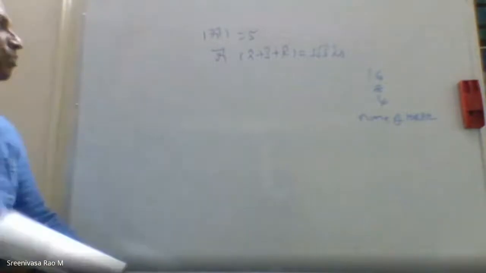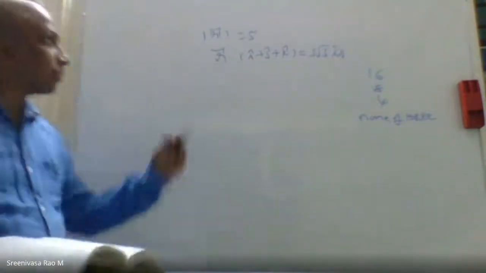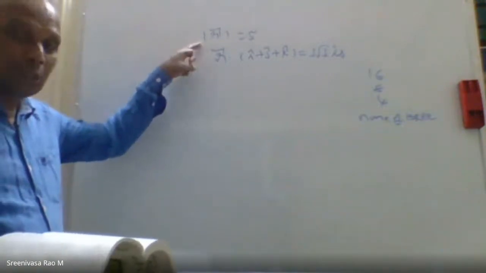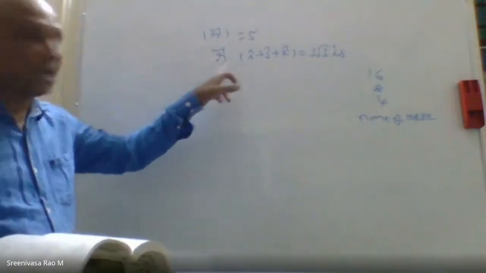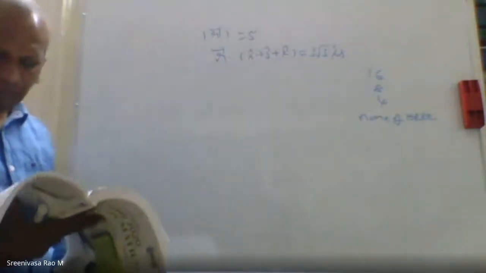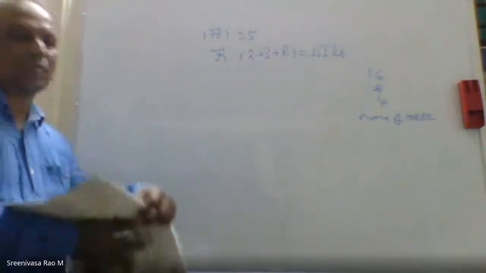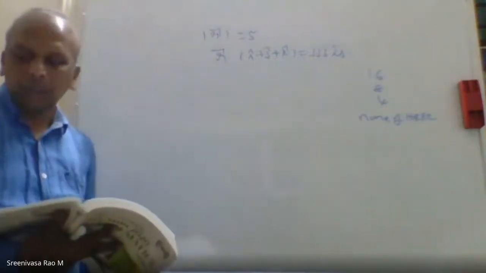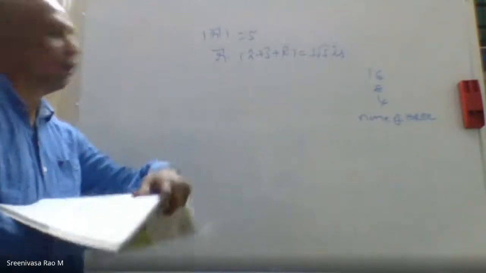They're given like this: mod r bar is equal to 5, and the radius of the circular section of the sphere is asked. You can see here, this is the radius of the sphere, which means the center is 0, 0, 0 and the radius is 5. They are given the equation of the plane, r bar dot n bar is equal to d. They are asking for the radius of the circular section. If we convert everything into Cartesian form, you can easily solve that.